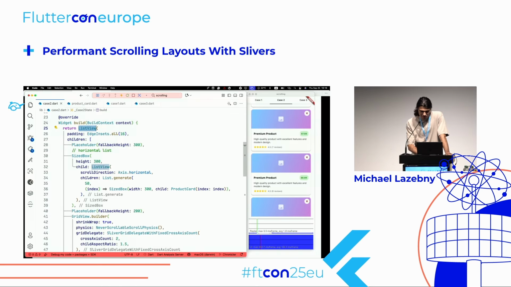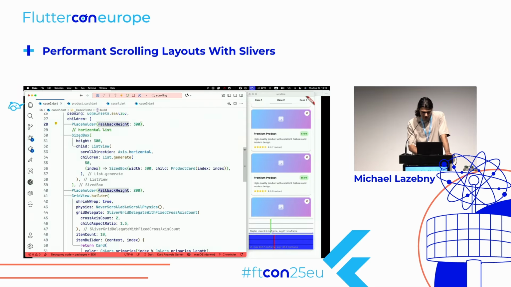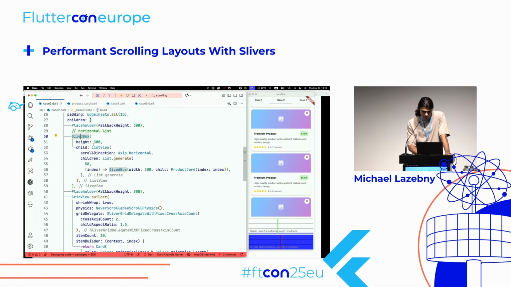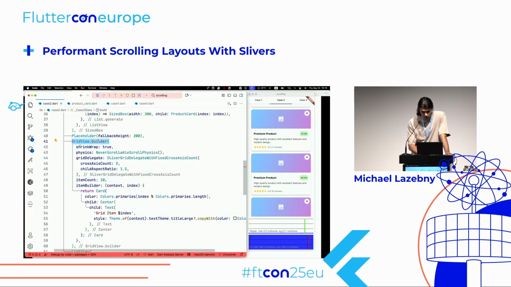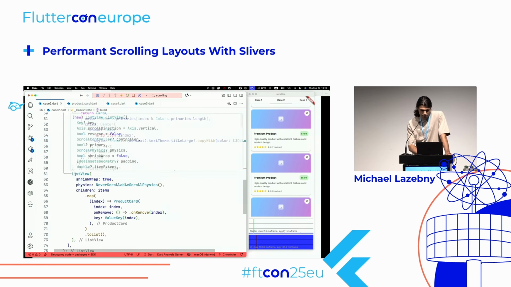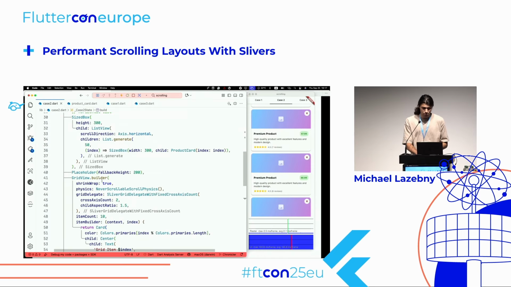So the case uses the list view. Inside of that list view, I have a placeholder, then the sized box, not the size box. Then I have a horizontal list with placeholder, then the placeholder, then the grid view with shrink wrap, with never scrollable scroll physics. And after that, I have a list view with shrink wrap, never scrollable scroll physics, and it has like 1000 items. What you need to know is that while list view is performant by default,